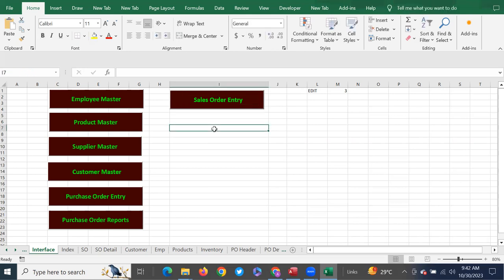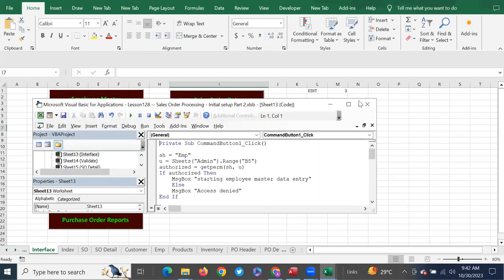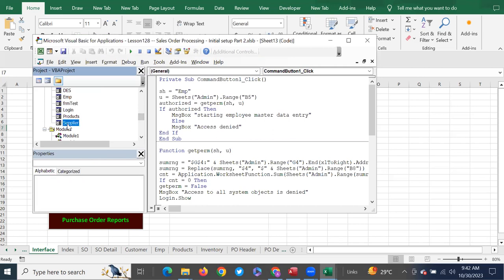And then the next thing is we create a new form, right? We go to view code. There are so many forms we have made. Let's add a new form, which will allow us to add the sale order. Okay. So insert a